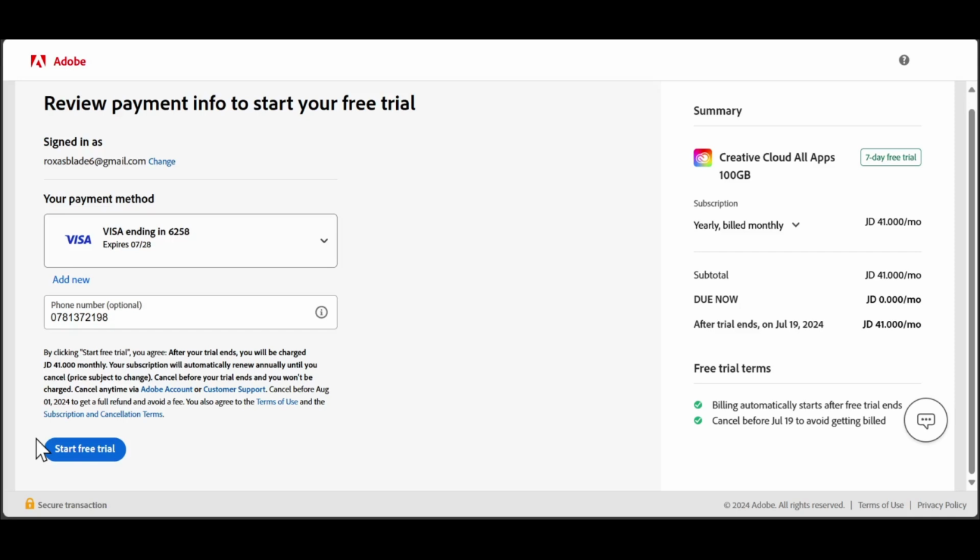Also, if you got billed by accident or you didn't cancel, don't worry, you can get refunded if you cancelled